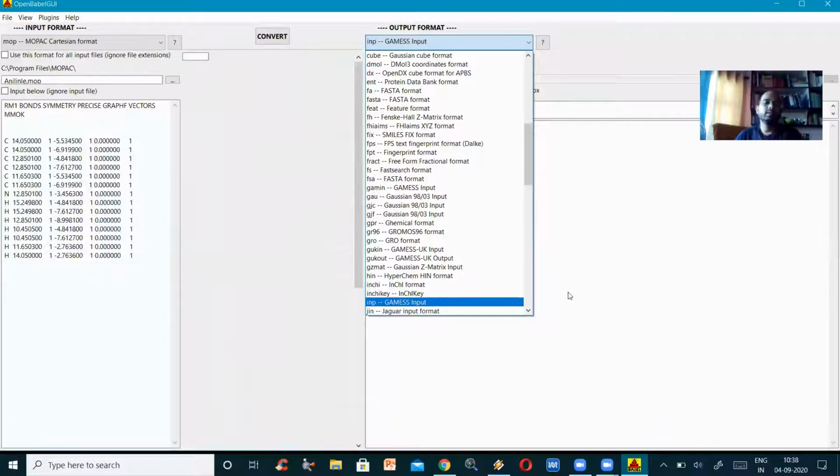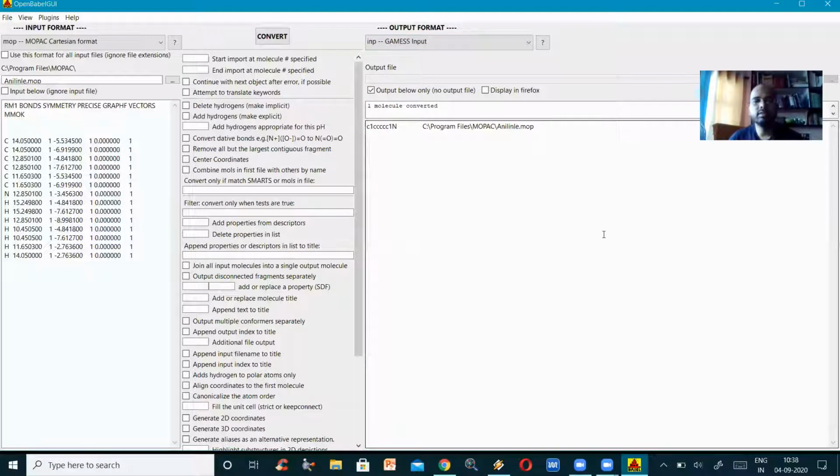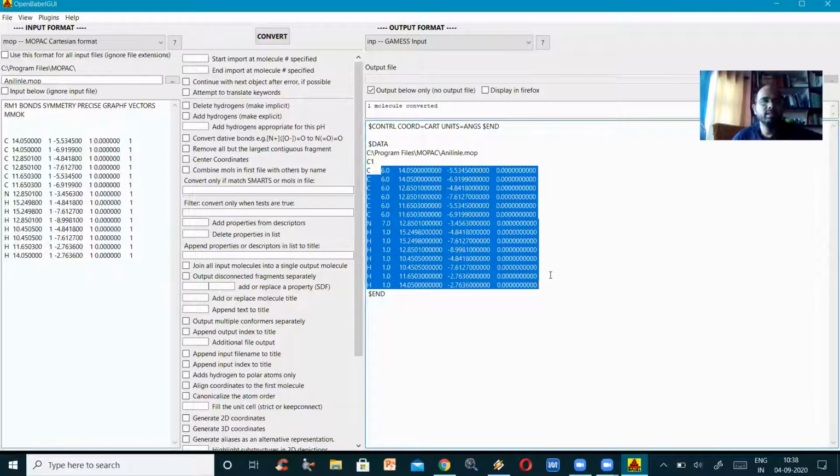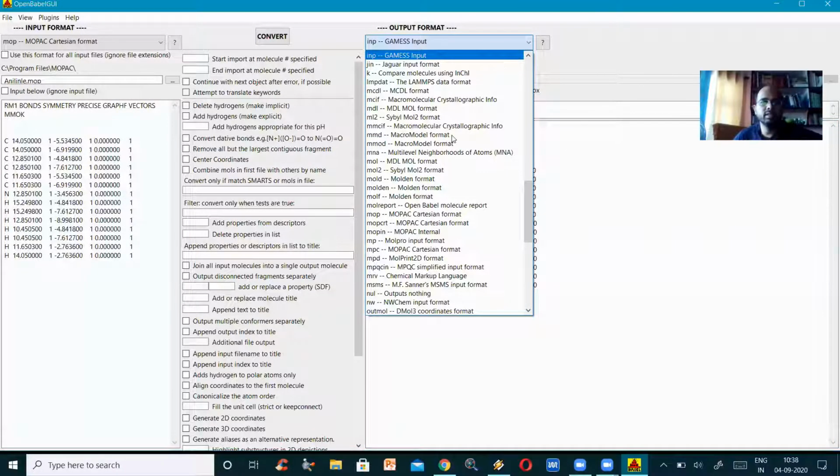This is the General Atomic and Molecular Electronic Structure System, which is free of cost and which I have told you is used for optimization. So I just click convert. It gives me the entire thing. So here I can change the keywords, and here is a different format. This MOPAC format which you have written is converted into the Z matrix format for GAMESS.